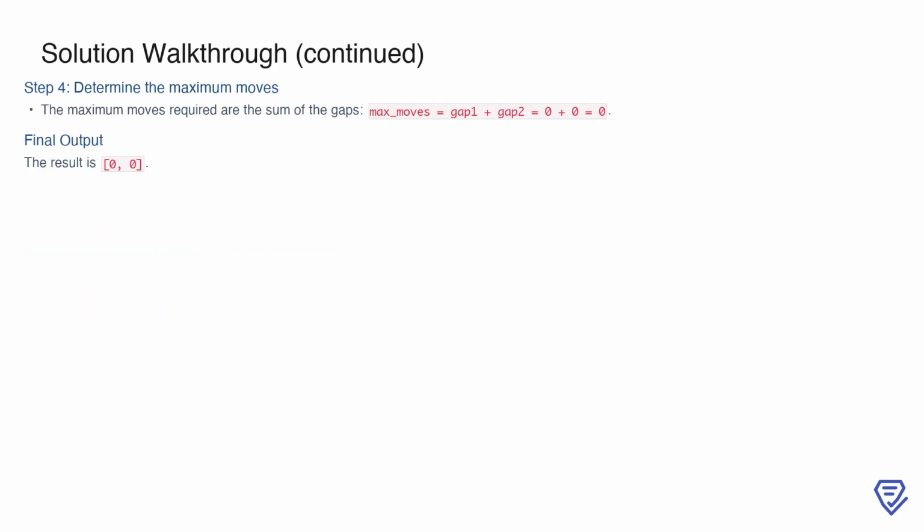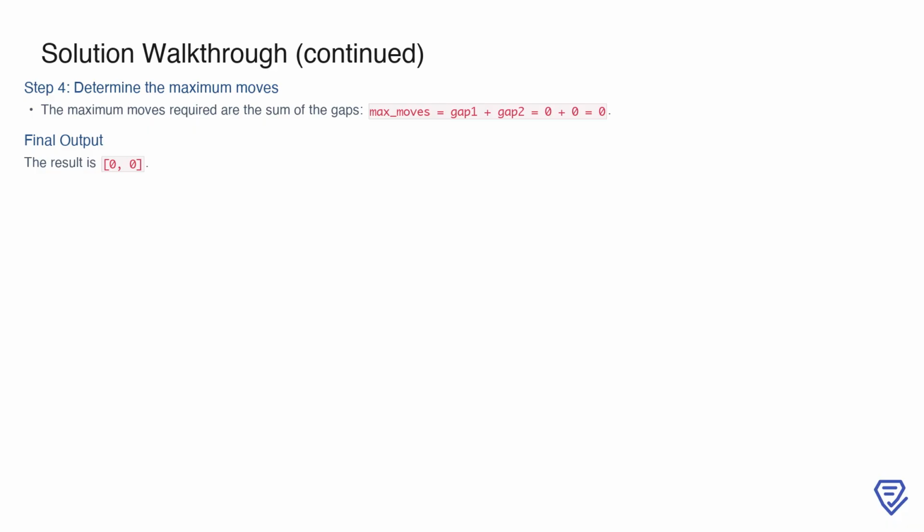For the maximum moves in this case, we add the gaps gap 1 and gap 2. Since both are 0, the sum is 0 plus 0, which is equal to 0. This means the maximum moves required are also 0. The final output for this example is 0, 0, indicating that no moves are needed as the stones are already consecutive. This concludes the walkthrough of these examples, demonstrating how to calculate both the minimum and maximum moves for different